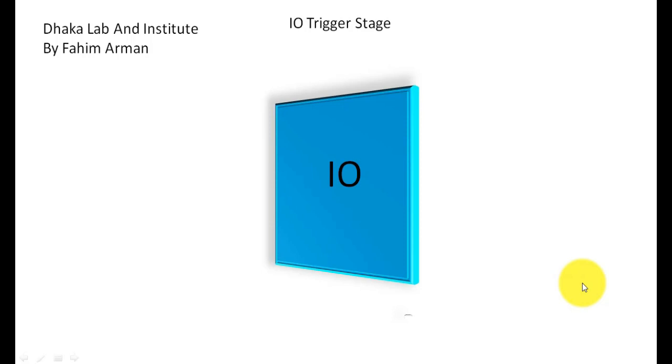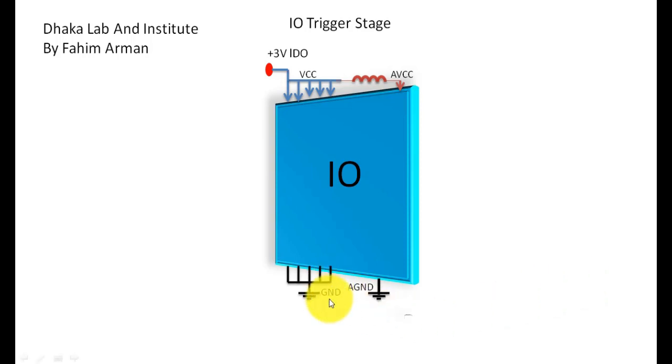For IO triggering, first there is a voltage, plus 3 volt LDO, which will enter into the IO chip named VCC, and this voltage also goes to another part named AVCC, and for these two voltages there will be two grounds. The first ground is GND, the other ground is AGND. AGND for AVCC and GND for VCC,